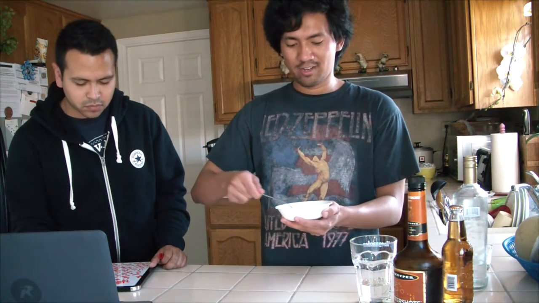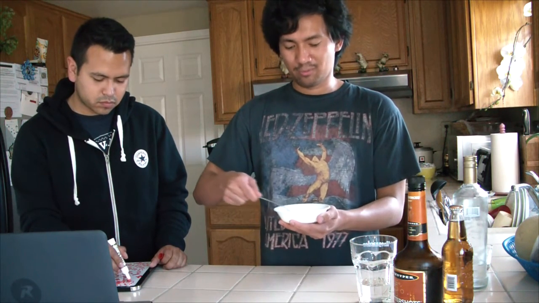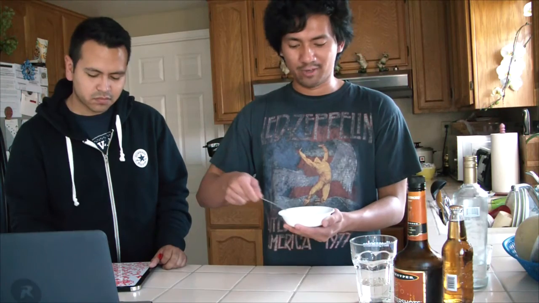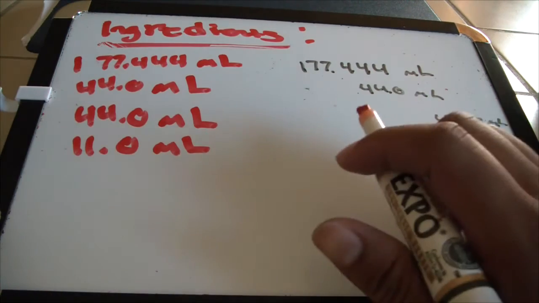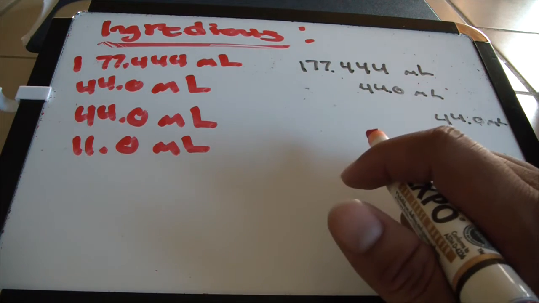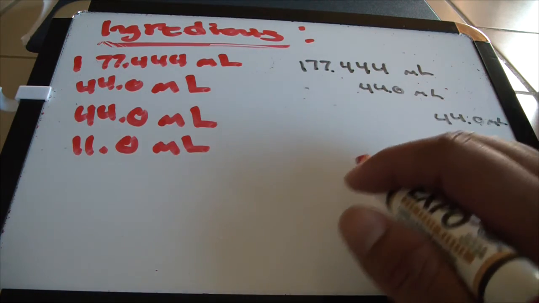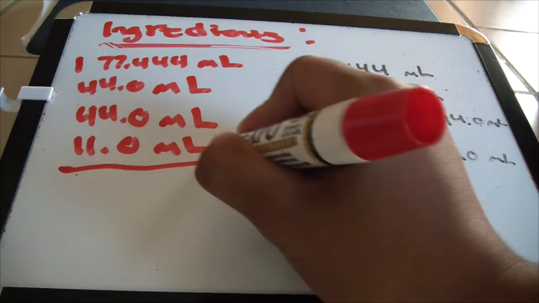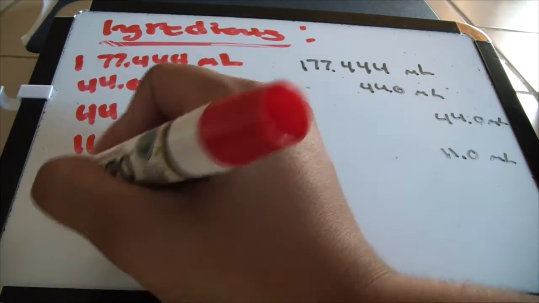So you're going to take your marshmallow cream and put that 1/4 shot of vodka, and you're going to mix it together, whisk it real good, and then we're going to put that on the top of our drink. So what we're wondering is how many milliliters in our drink there is in total of the liquid content. So we're going to be adding all the milliliters, and that adds up to